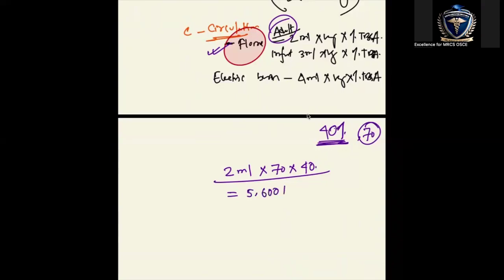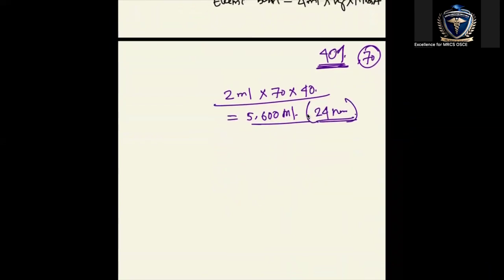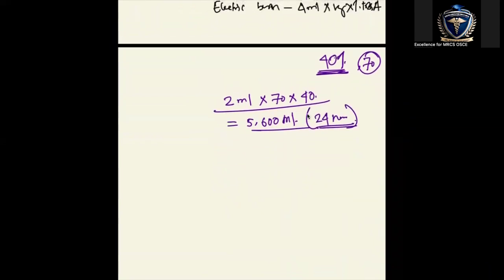5600, so 5.6 liters within 24 hours. Exactly. So within 24 hours you will have to give 5600 ml. Then you will have to divide the fluid by